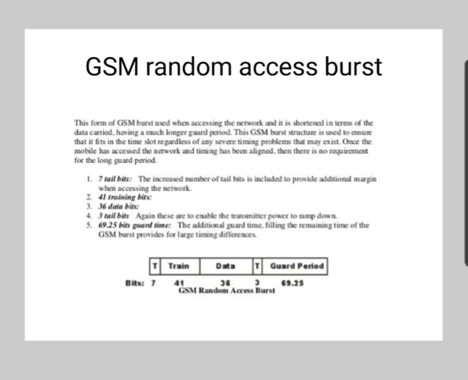It consists of a long guard period of 68.25 bits for timing advance information. Then the next is the dummy burst. Its structure is the same as that of the normal burst. The only difference is that the encrypted data bits do not carry useful information. The dummy bursts are placed in time slots which are currently idle and not allocated to any user. These bursts are useful in maintaining the high mean power of the broadcast channel by providing stuffing sequences.